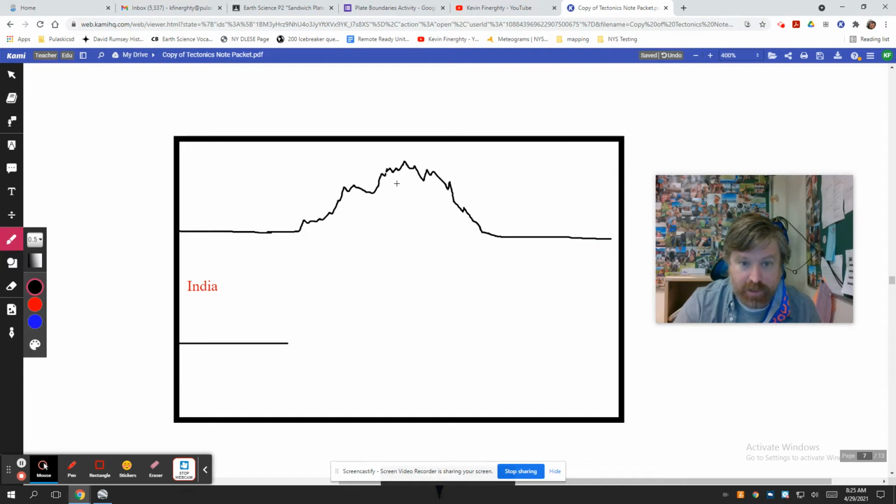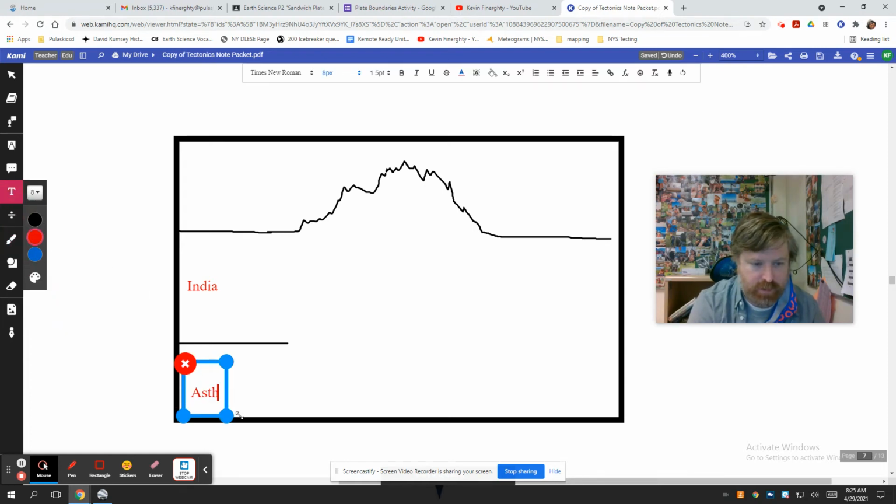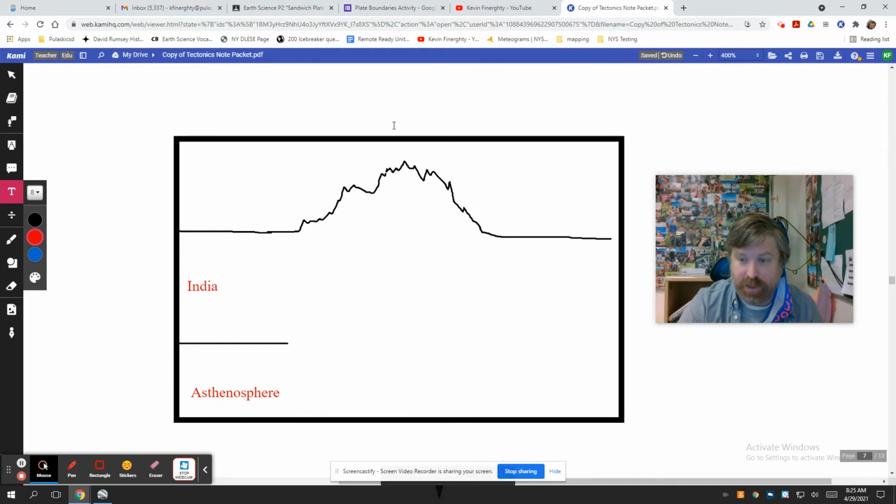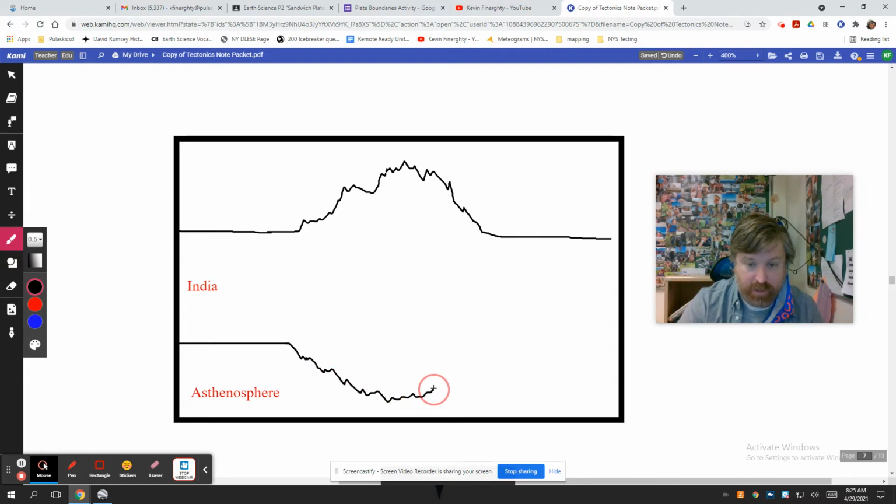Now, not only does it happen up, but if you really got this idea of isostatic balance popping around in your head, the asthenosphere down here is mushy. You can't just build a tall mountain on it without the crust settling back down into the asthenosphere. So these mountains, not only are they the tallest places on Earth, but the crust goes down deep into the asthenosphere here. The lithosphere goes down deep into the asthenosphere, meaning that this is the thickest part of today's continental crust.